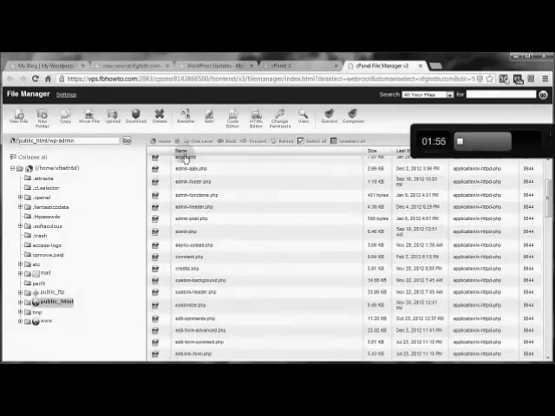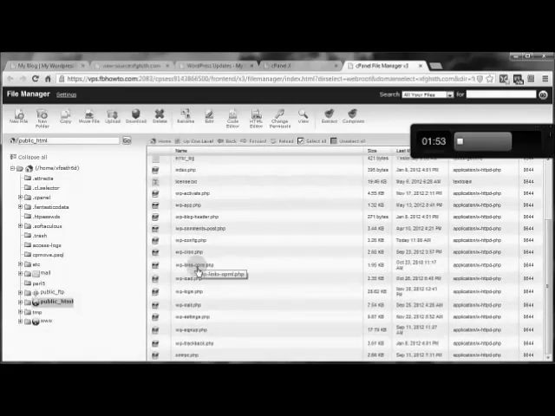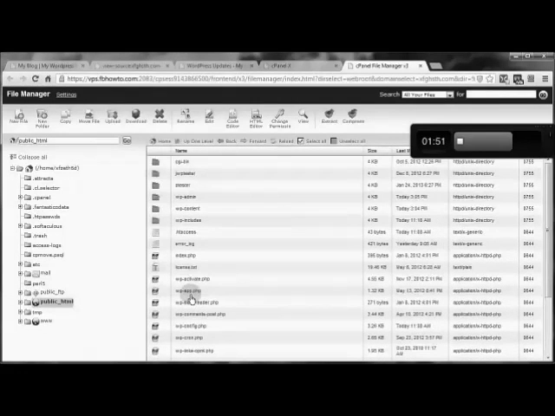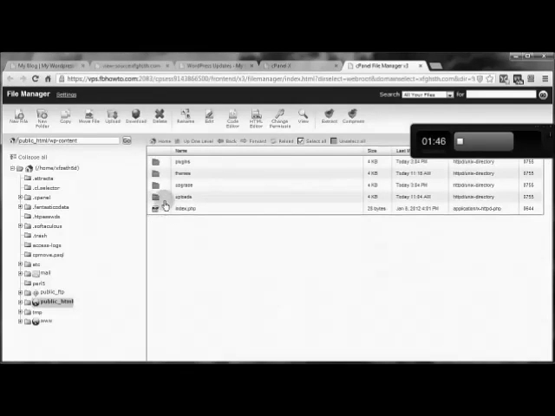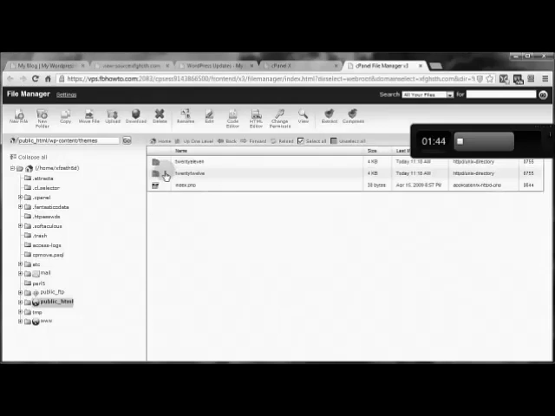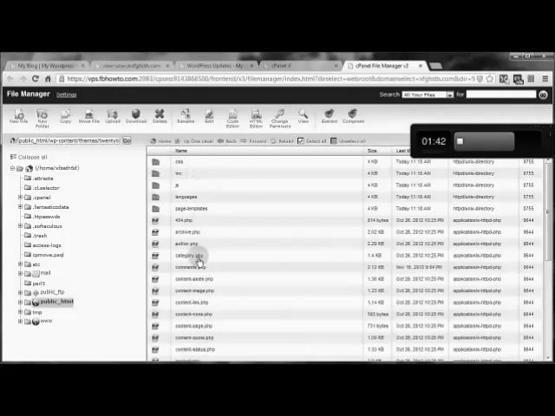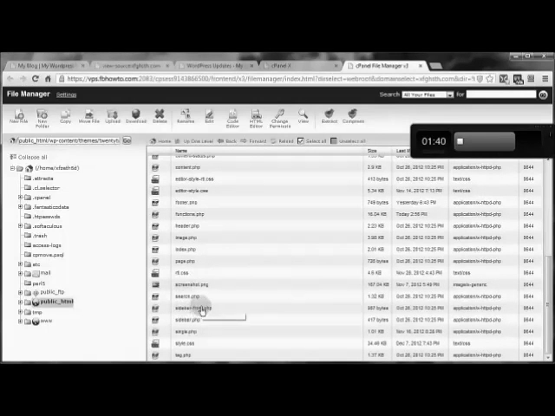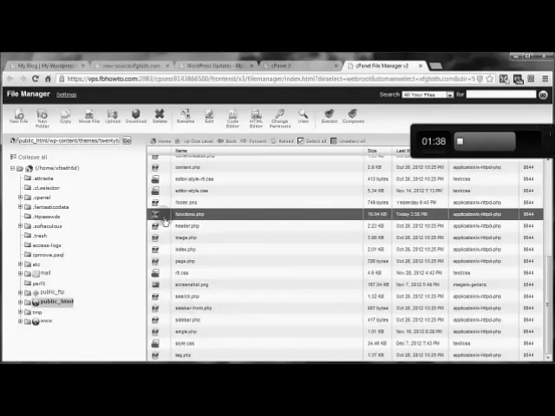Now then, let's get on back to our functions. We want to go to the themes, WP-content, themes, open that up, and I'm in the 2012 theme right now. We want to come on down to the functions.php, select that, go to code editor, edit that, and we've got